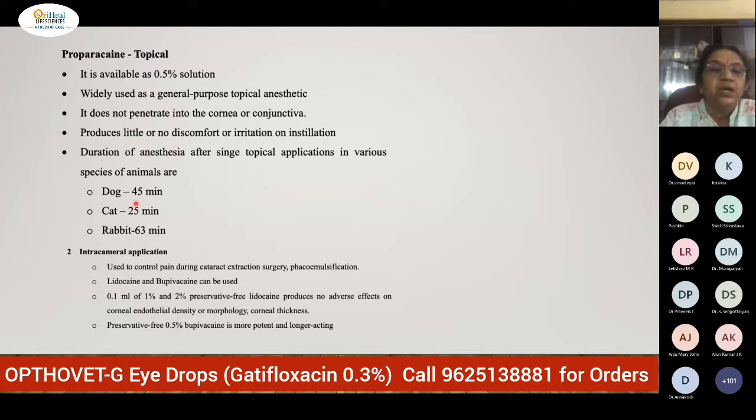There is no irritation. In dog you have up to 45 minutes, in cat 25 minutes, and in rabbit it is 63 minutes. So that is what they have studied. And intracameral application of local anesthetics, that is preservative free lidocaine and bupivacaine, can be used intracamerally to prolong the analgesic effect, especially after cataract surgery and also